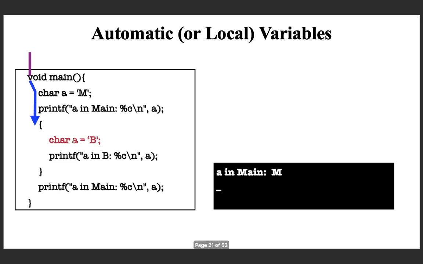Now you note that before the next printf there is another declaration, and which is allowed by the C programming language. C is a block structured language. Block means a sequence of statements given within curly braces, within a pair of curly braces. This is what is called a block. Okay. Here you can see that there are two blocks. One outer block starts over here and goes all the way till here. Okay. And this particular block is defined within the main block.